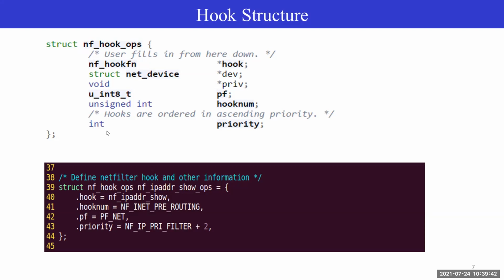The third part is the private pointer. This is also a common concept in all the data structures that we have in the Linux. So if you want to provide any private data in the hook function, you need to populate that in this priv field. And as the private data structure type is not known to Linux, that is made as a void pointer. So you can typecast it with your own data structure. Next is the PF field, which is the protocol field.